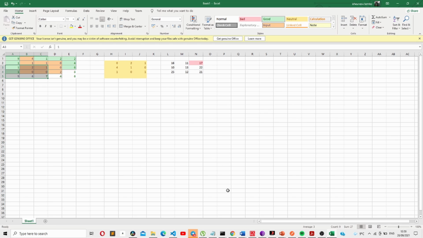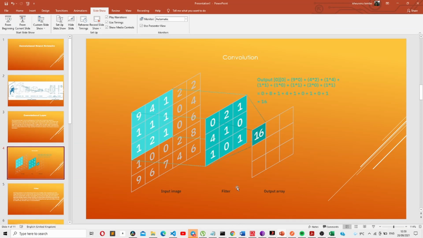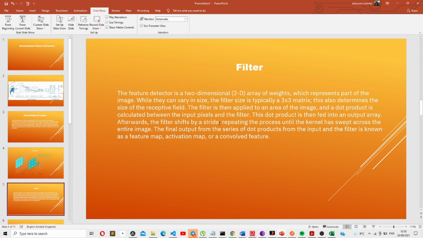So that's how the filter, that's how the convolution works. This is the convolution part. As we have talked about, the filter is a two-dimensional array of weights, which represents part of the image. They vary in size, but the typical size of the filter is a 3x3 matrix. This also determines the size of the receptive field. The filter is then applied to an area of the image, and we compute a dot product, as I have shown,